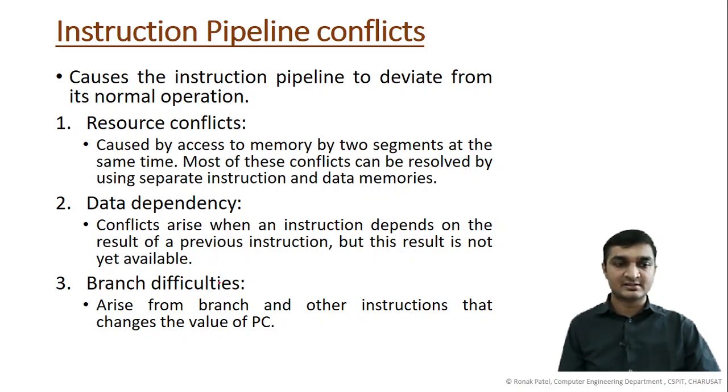Branch difficulties arise from branch and other instructions that change the value of the program counter. Whenever there is a change in the program counter, the normal flow will be deviated, right? That is branch difficulties. So let's see how to solve this data dependency, as we have already seen how to solve the resource conflict,